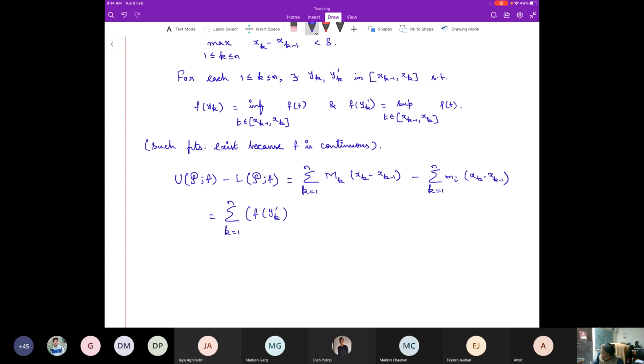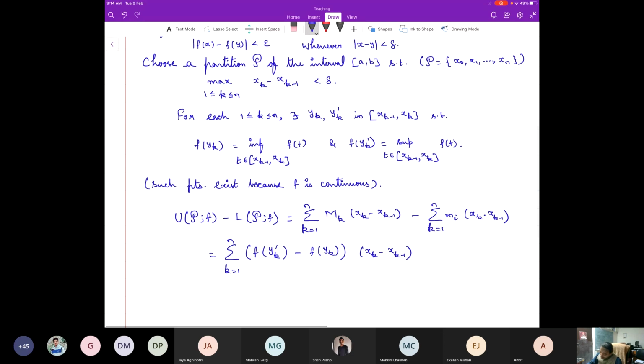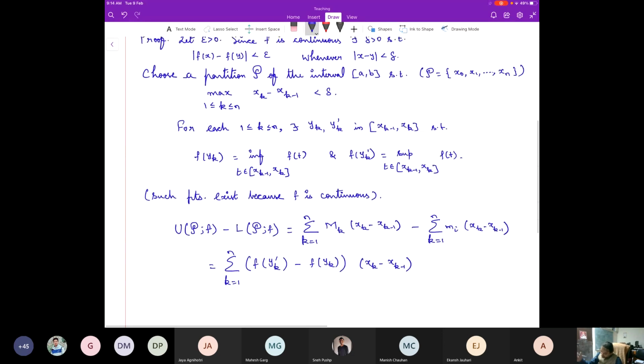So this is f at yk dash, and small mi is f at yk times xk minus 1. And yk minus 1, they all come from this interval xk minus 1, xk, and the distance is less than delta,